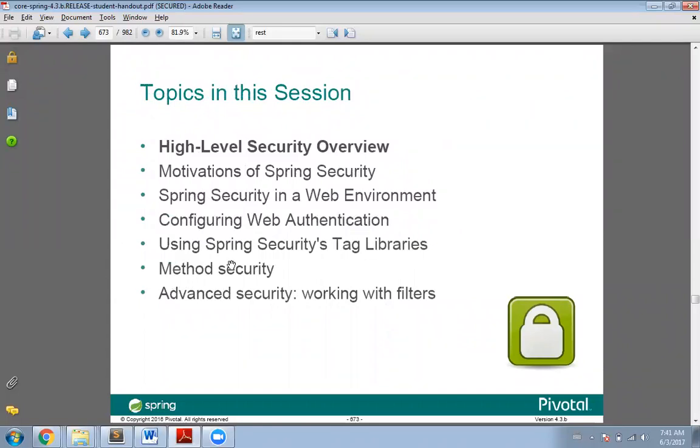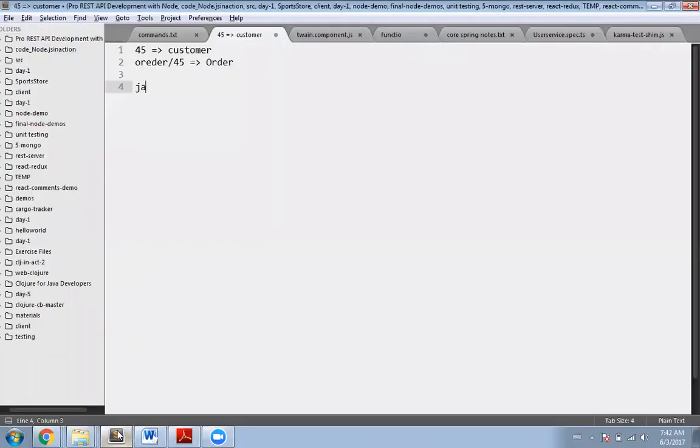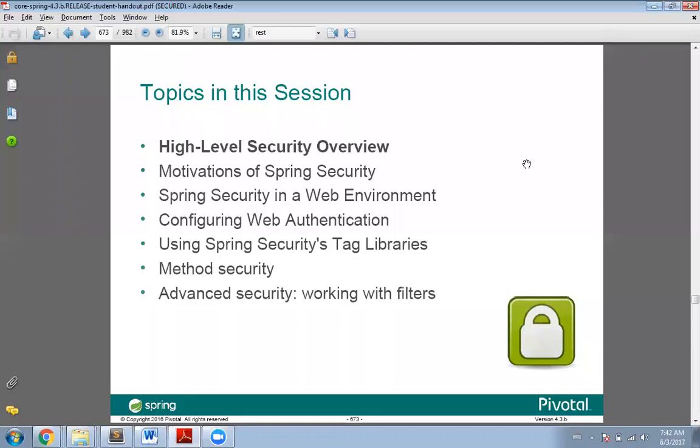Has anyone done any kind of security implementation? JAAS, the Java Authentication and Authorization Service, the Java EE specification. Got it. So when it comes to security, very few developers actively participate in the implementation of